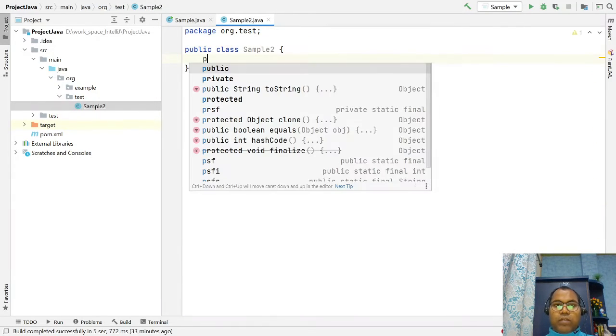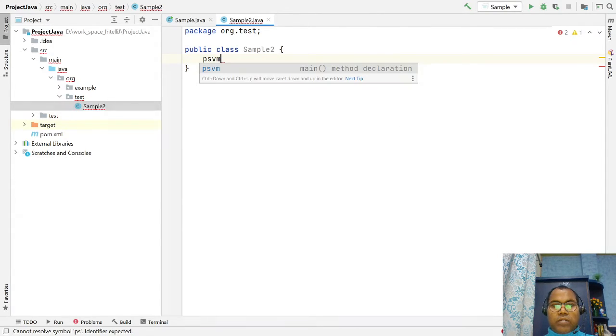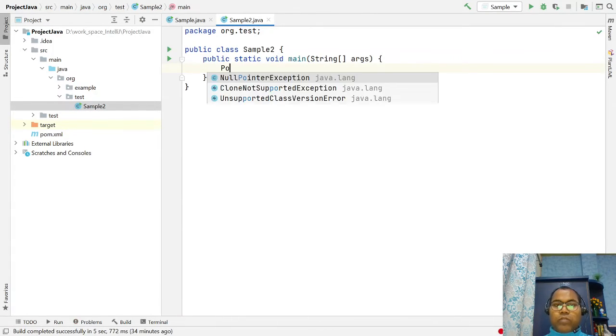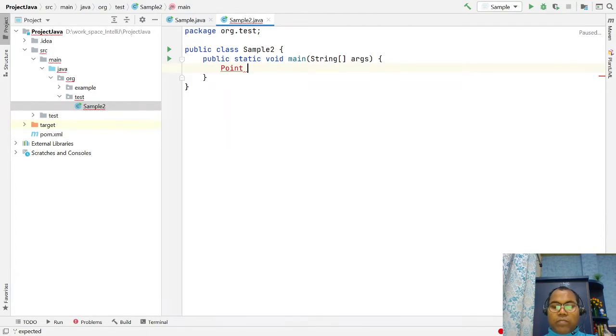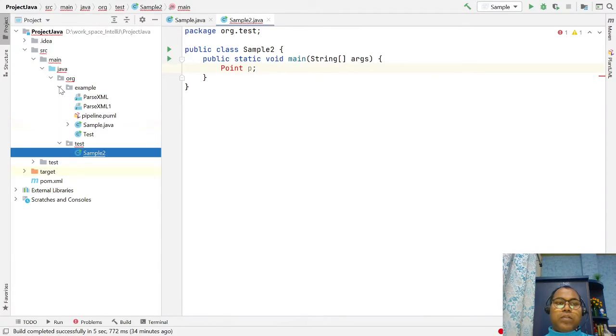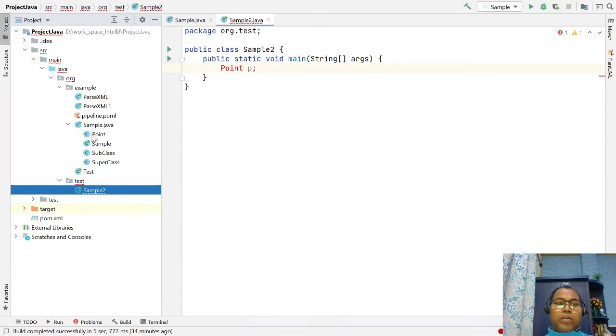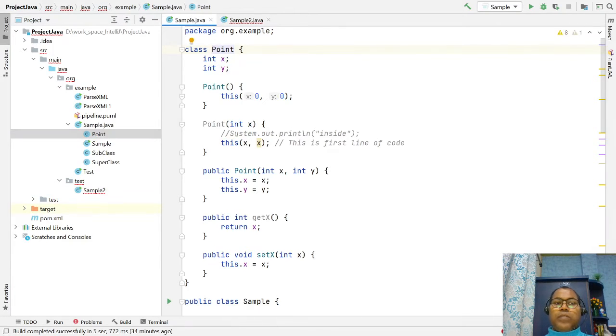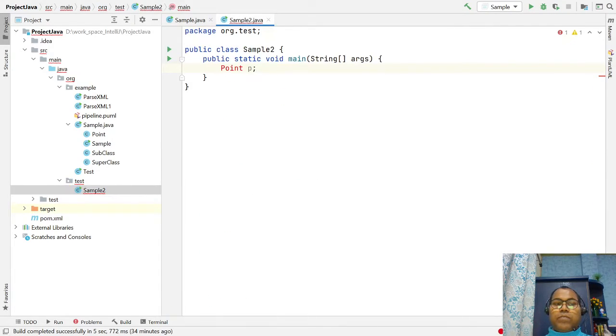Let's see here, public static void main. Here you are trying to say your point p. This is not accessible. Here this is only defined, your point class as a private for this package. So in another package you cannot access this class.